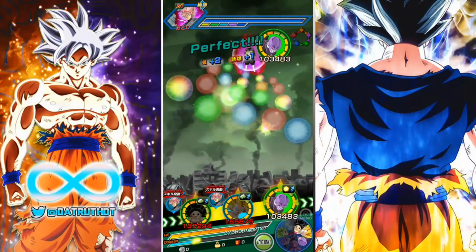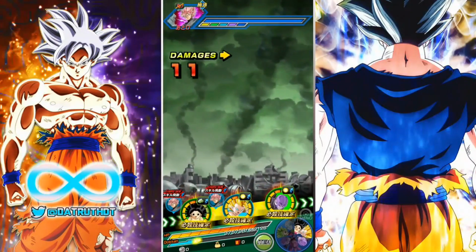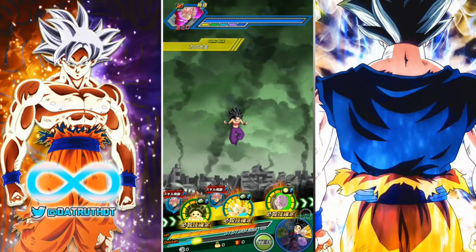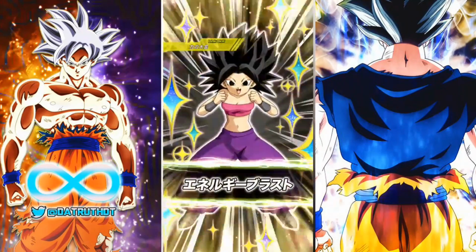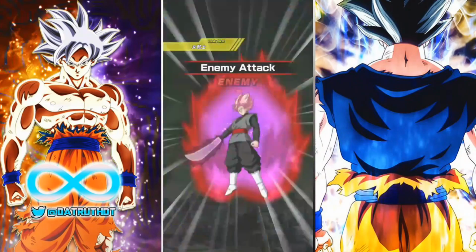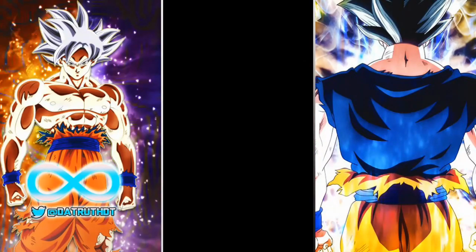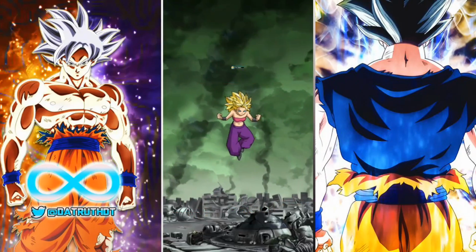So what does that tell you? If you have a full Universe 6 team, Khalifa will never get hit. It doesn't matter. Look, we're not going up against a Pure Saiyan or a Universal Survival Arc enemy. And what is Khalifa doing? Okay, she got hit once there, but still,